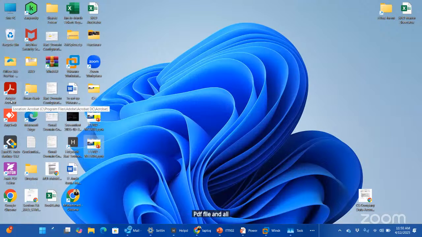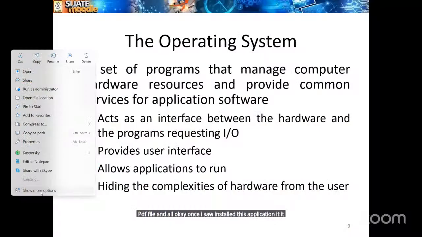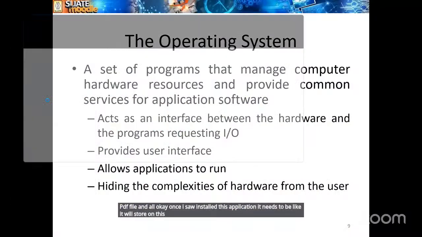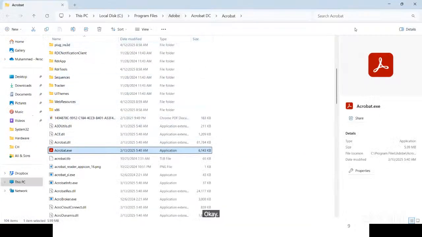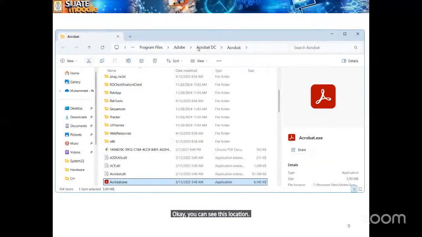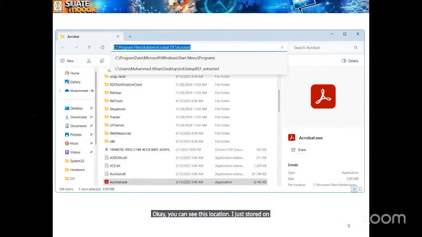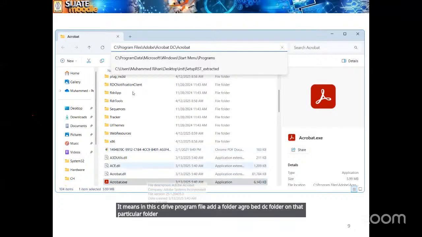Once I install this application, it is stored in this particular location: in the C drive, Program Files, Adobe folder, Acrobat DC folder.